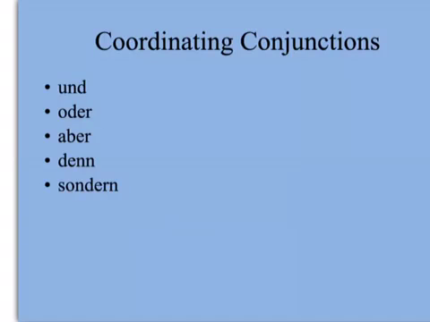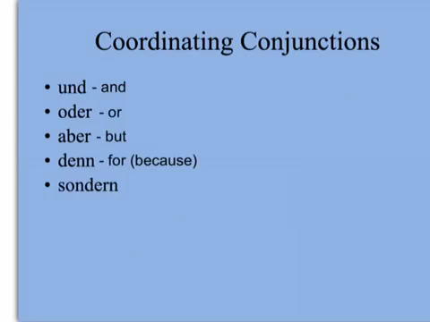When things coordinate, they go together easily. This group of conjunctions allow you to join two sentences very easily. They just go together. You're probably familiar with most of them from your junior German studies. Und, meaning and, oder, meaning or, aber, but, and two which may be more new to you, denn, which means